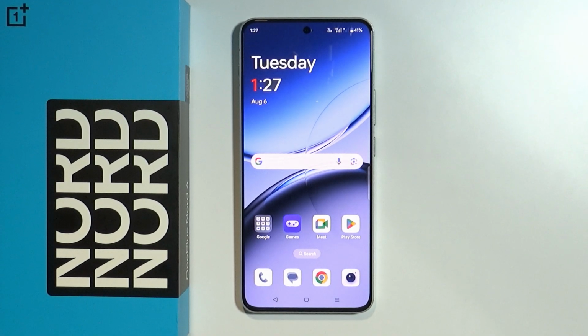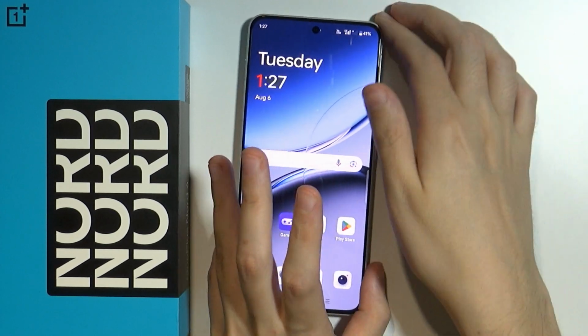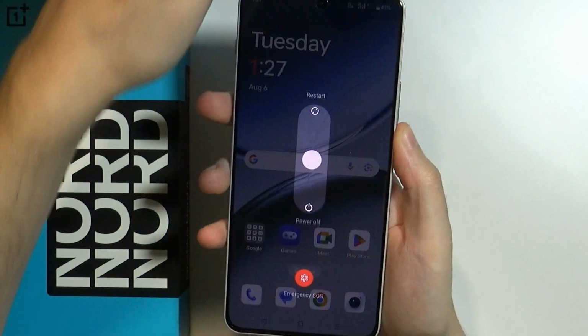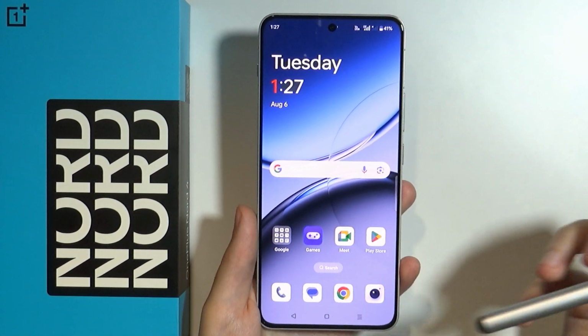Hello, in this video I'm gonna show you how you can open and exit the safe mode on a OnePlus device. In order to do that, this especially works for devices which have this type of power menu, like this one over here. So if you want to do that, first of all you need to power off your